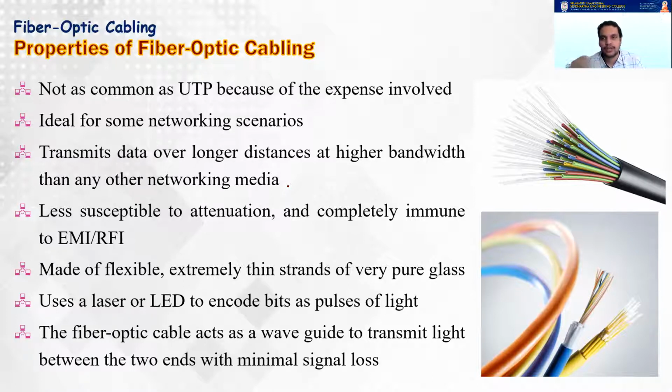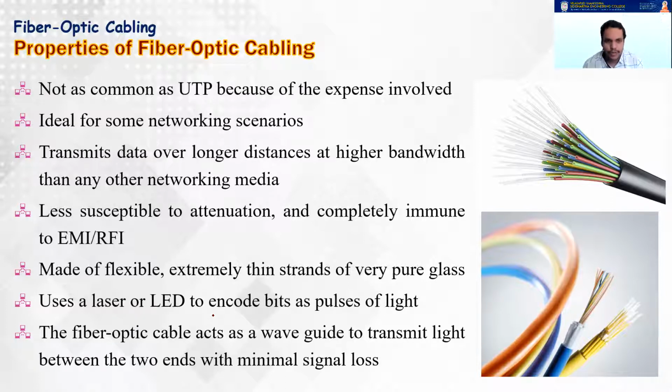Backbones are nothing but links which connect your ISPs to the junction boxes or those kinds of things, which can carry high bandwidths. As I told you, they are made up of flexible, extremely thin strands of very pure glass. And because optical fibers use light pulses, you need to have a light source. There are two light sources available. One of them is an LED and the other one is a laser. LEDs are cheap but they don't have the capacity to support high bandwidths, whereas lasers are very expensive but they can support high bandwidths and greater speeds and for long distances also.